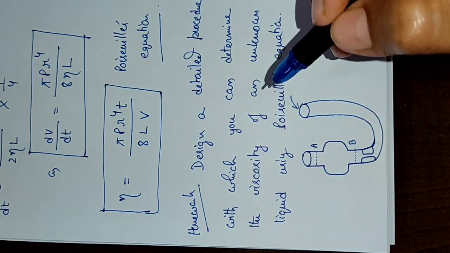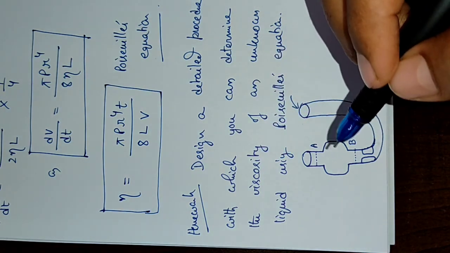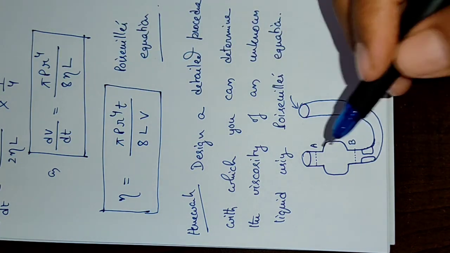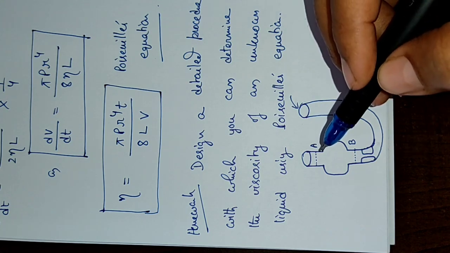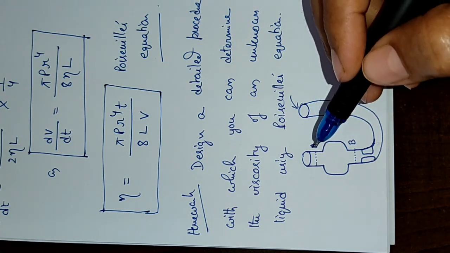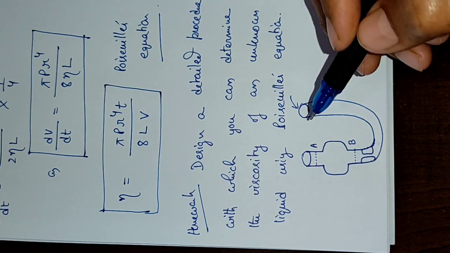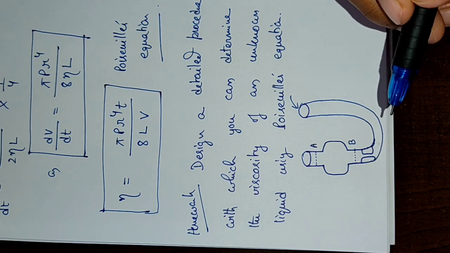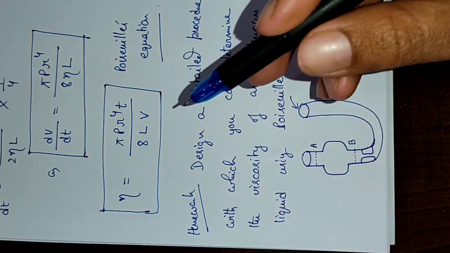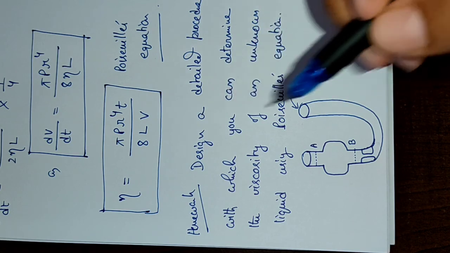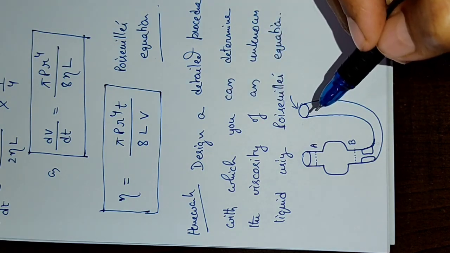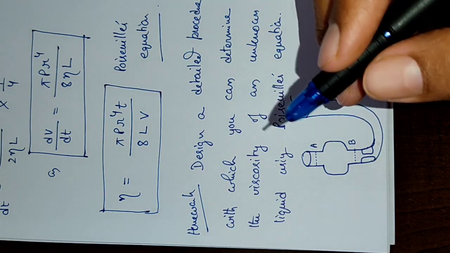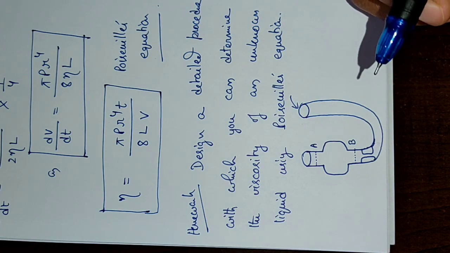So whatever may be the liquid, you will be able to determine the time of flow. So this is the time, and the volume is definite, since for all liquids you will start your stopwatch when it crosses A and stop it when it crosses B. So this will be a definite amount of volume. Now the capillary has a fixed radius, so no problem. You will use the same instrument. Length of the pipe is also fixed. Pressure difference may vary depending upon the density of the liquid.